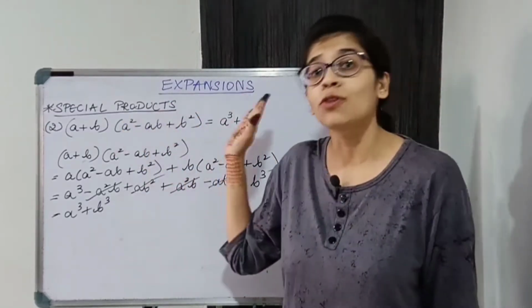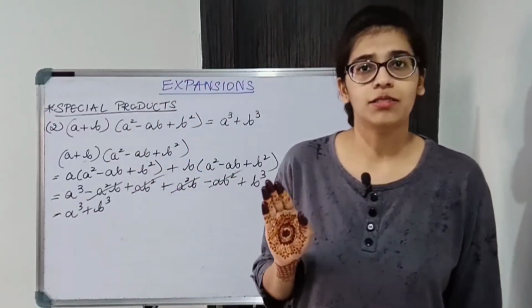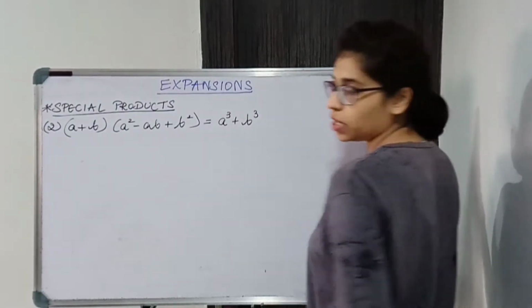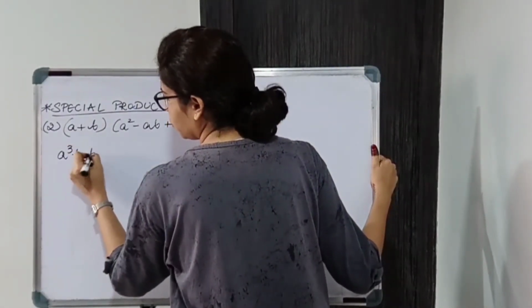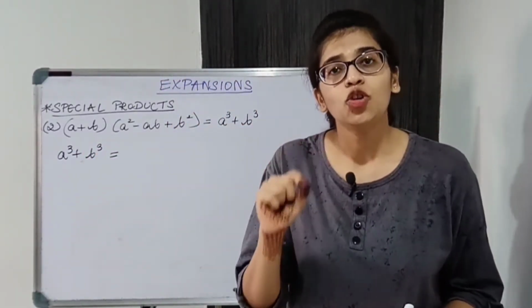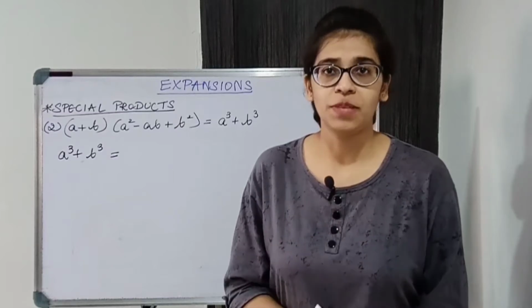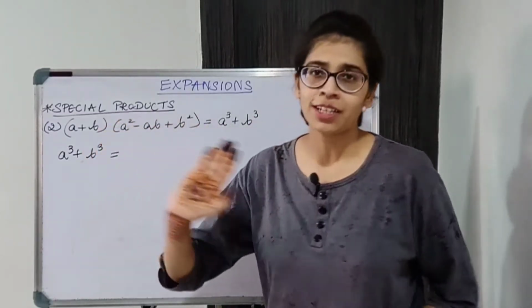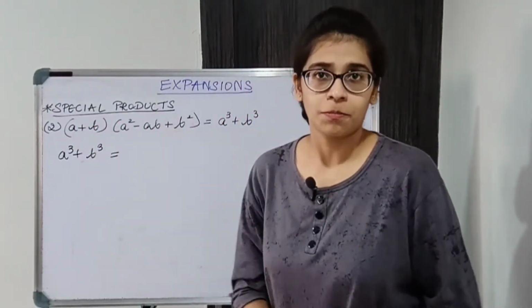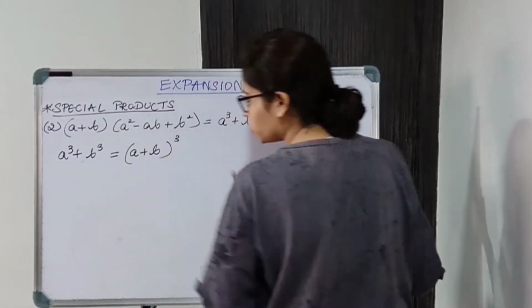Now we'll obtain LHS from the RHS. So from a³ + b³, how do we get these brackets? Let us understand that also. Now we'll consider a³ + b³. Students, I've always told you not to remember the formula for a³ + b³ and a³ - b³, but this is the special product that you need to remember. So how do we get this product? Let us understand. I'll write a³ + b³ in terms of (a + b)³.